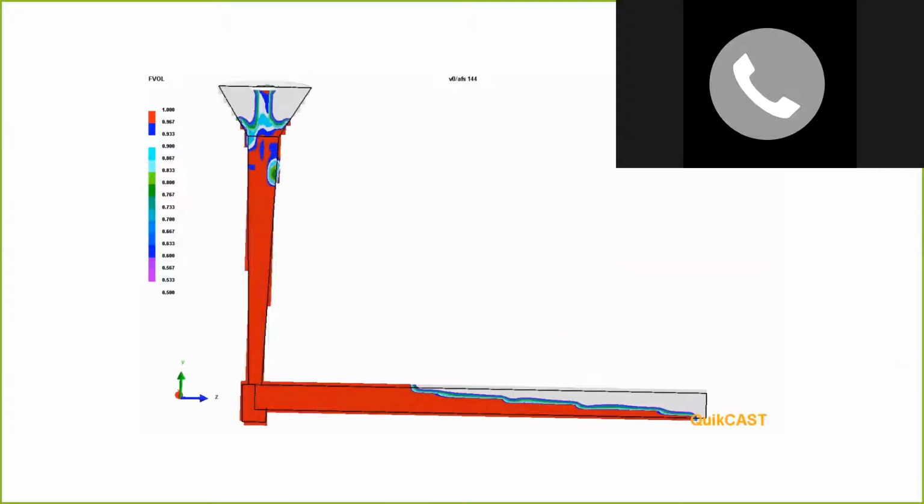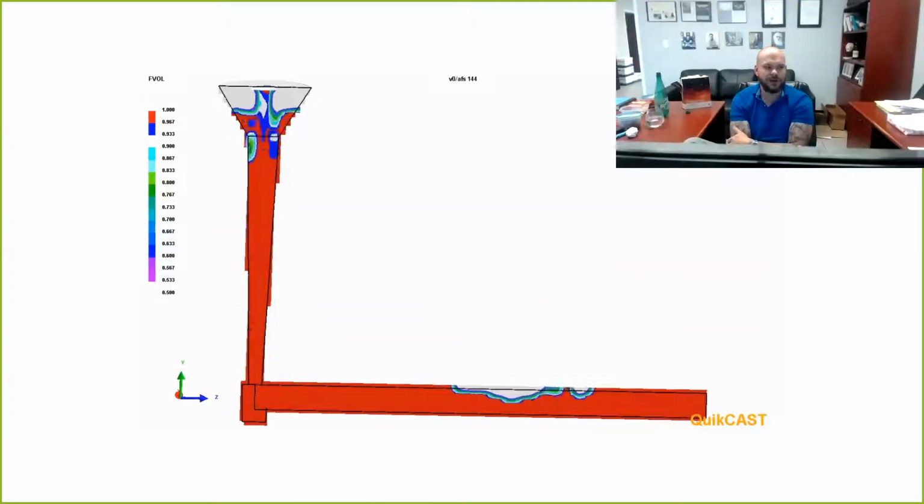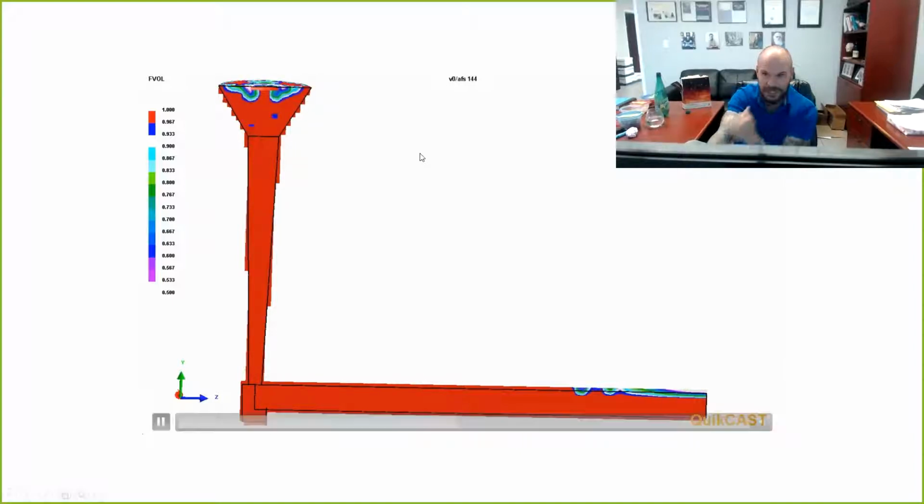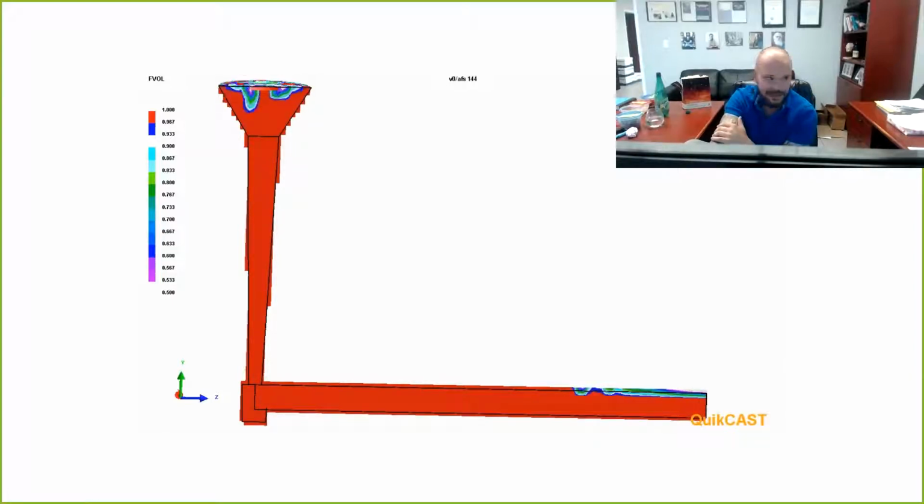Now, what you're going to notice instantly is that the conical pouring cup is a perfect aspiration pump. Gulp, gulp, gulp. For the entire life of the pour, it's sucking in air bubbles, and air bubbles, and more air bubbles. And you can notice the end of the runner is not full. Now we run into a whole bunch of issues that are poorly explained in industry, and let me use this section to explain them.